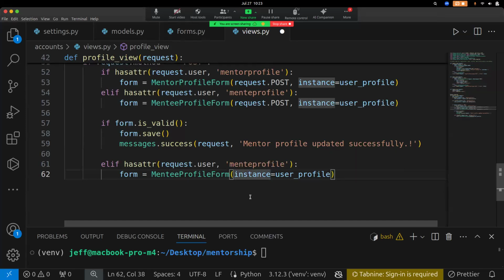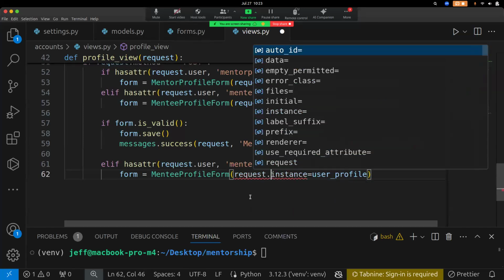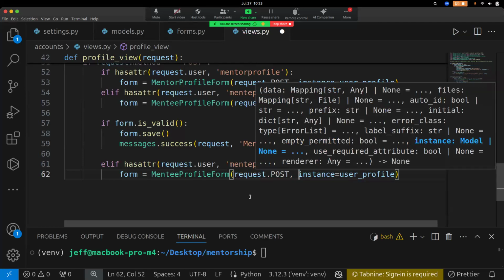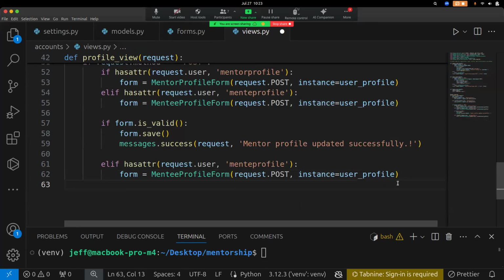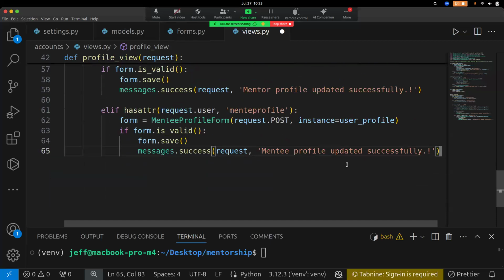Would just say request dot post. Okay, then if form is valid, mentee profile, yeah, exactly, that's what I wanted to do. Okay,